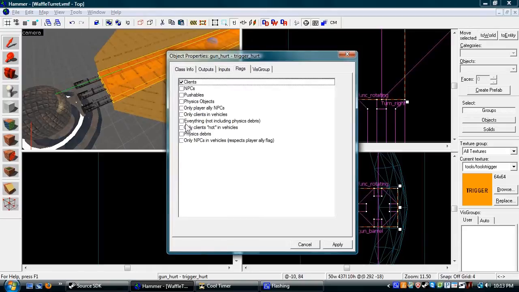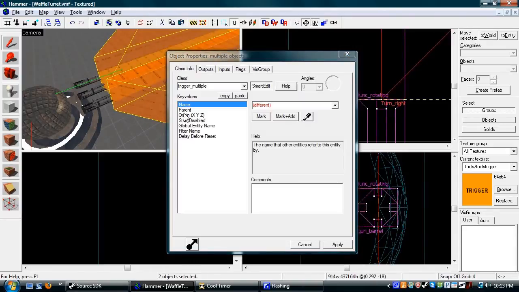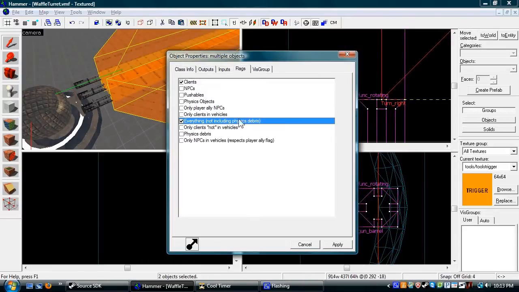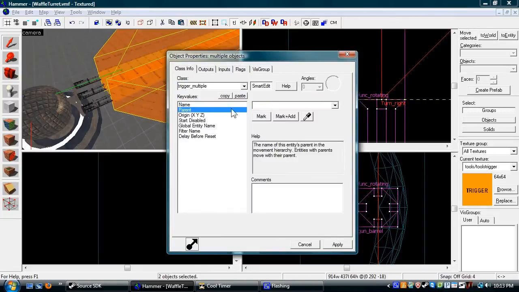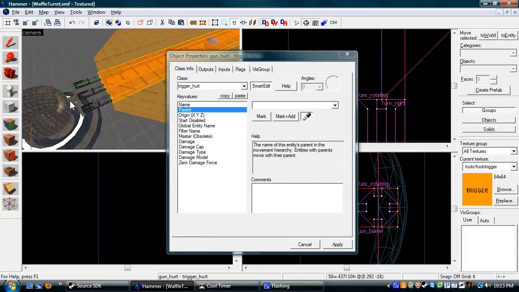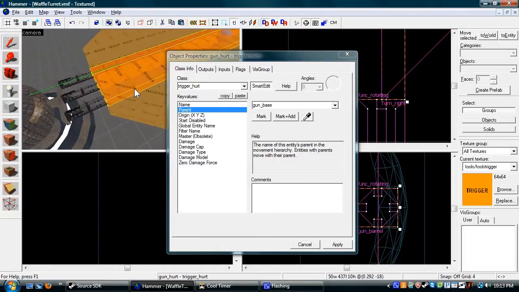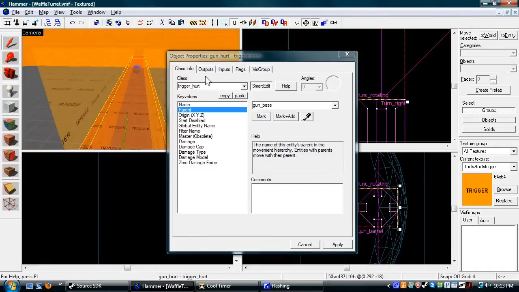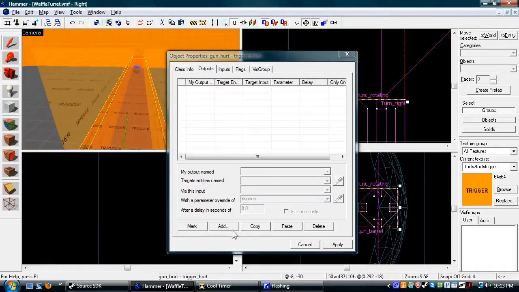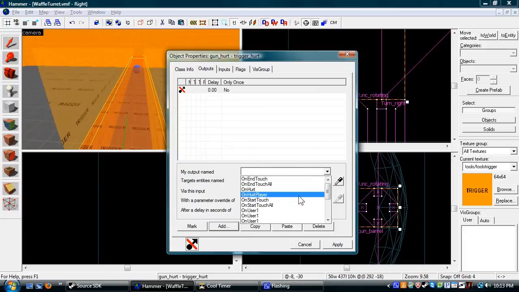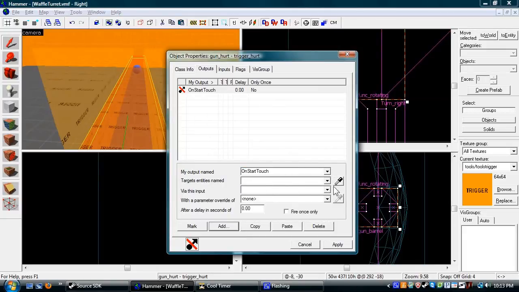And under flags, set everything. Set everything for the flags on the trigger multiples too. Everything, not including physics. Then under parent on the trigger multiple, make it gun_base. Under trigger_hurt, gun_base. And on the trigger_hurt, add. On start touch,